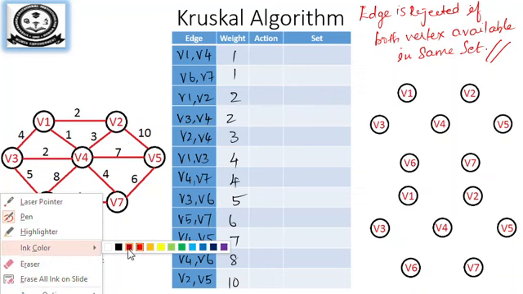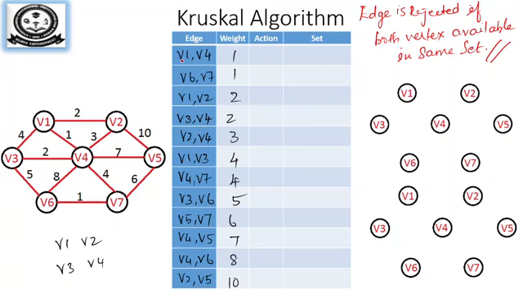So we will start from the first edge, V1, V4. Initially my set is empty, so you will have V1 and V4 together. So the edge is accepted. You will have V1, V4 with the distance of 1 accepted. Now what is the next edge? It is going to be V6, V7. You can see an edge will be combined with the set if any one of the vertices is in the set.